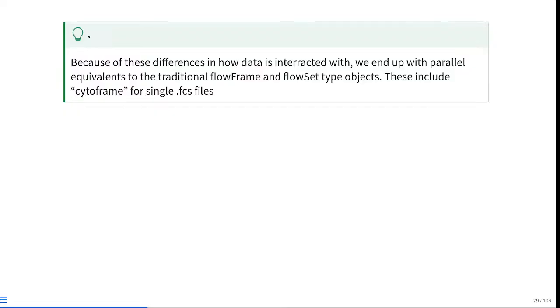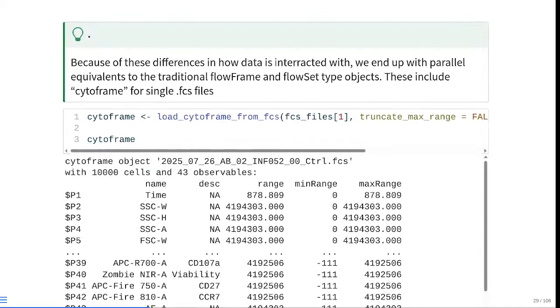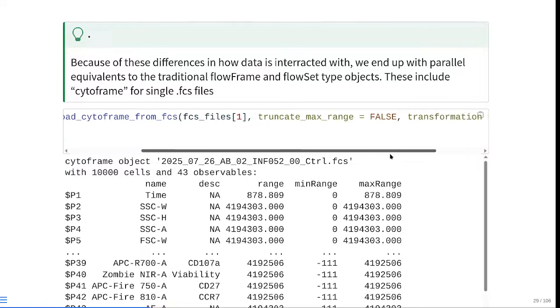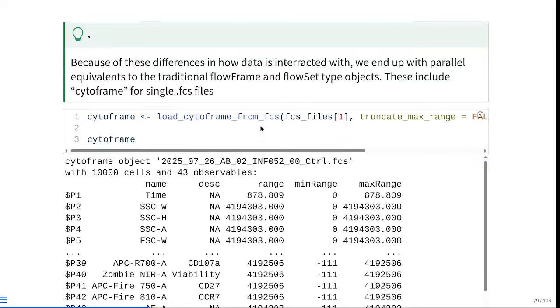So it's going to have a slightly different function name in this case. Instead of read.fcs, which we saw in flowcore, it's going to be load_cytoframe_from_fcs as the function. Which is quite a mouthful, but at least you can get the picture of what this particular function does directly from the name, which is quite useful. In which case, it's still keeping pretty much the exact same syntax as far as arguments that we saw for read.fcs, but it's loading it in, and as you can see, when we print the object's name in the console,